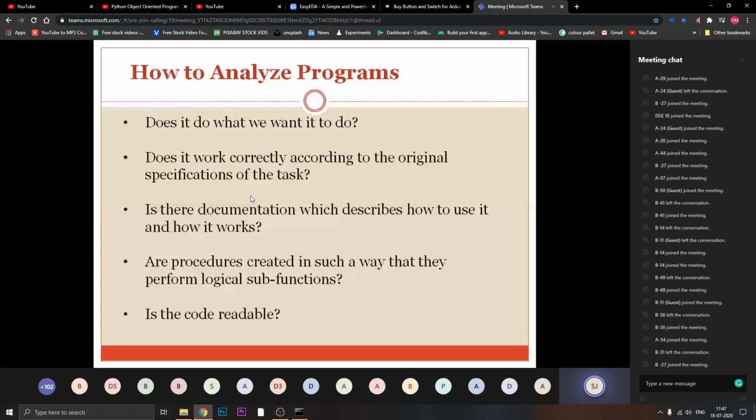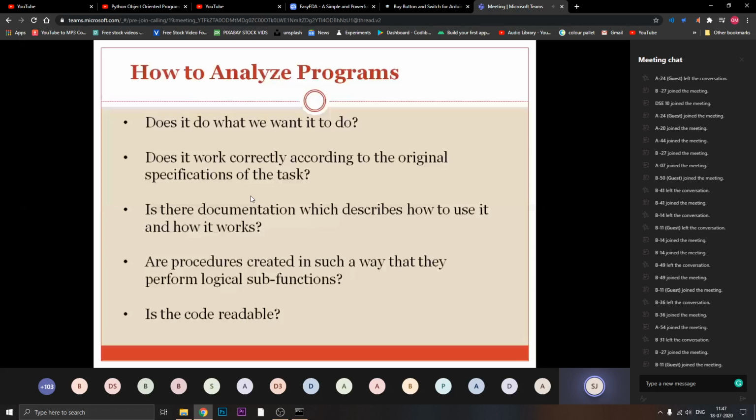Next question you have to ask your program: are procedures created in such a way that they perform logical subfunctions? See, your program is actually getting divided into sub modules, which you will see in second year or third year, in subjects like compiler construction.